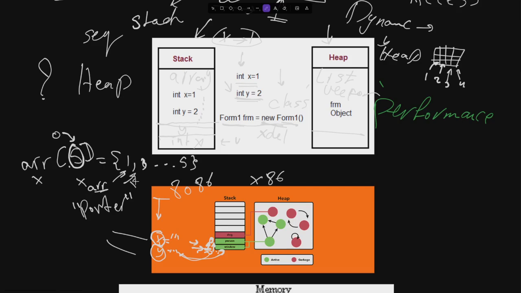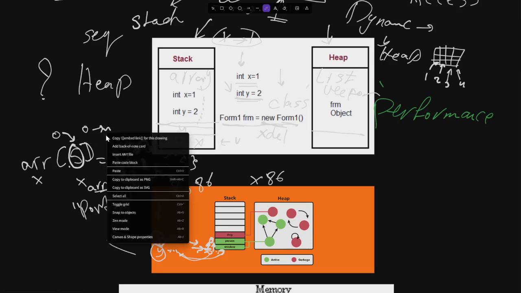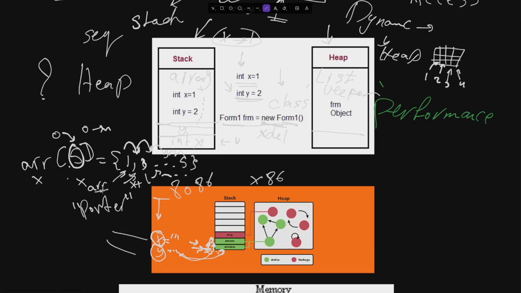This one is x plus 1, and it goes on to be x plus 2, x plus 3, because the array is on a stack. So the second is plus 1, the third is plus 1, the fourth is plus 1 plus 1, until we reach the maximum size, which is from 0 to 4. It's x plus 0, x plus 1, x plus 2, until x plus 4. So as you can see here, the stack